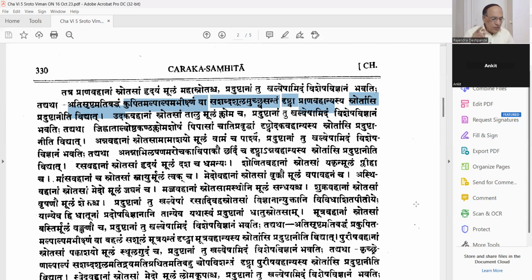Next, Kupita Shwas. What is Kupita Shwas? Breathlessness associated with features of vitiation of dosha. Vata Prakop is there, Pitta Prakop is there, Kapha Prakop is there. So vitiation of the doshas and breathlessness, that is called Kupita Shwas. Vata Vayu is Prakupita, Pitta is Prakupita, Kapha Dosha may be Prakupita. So Kupita Shwas. Next, Alpalpa.